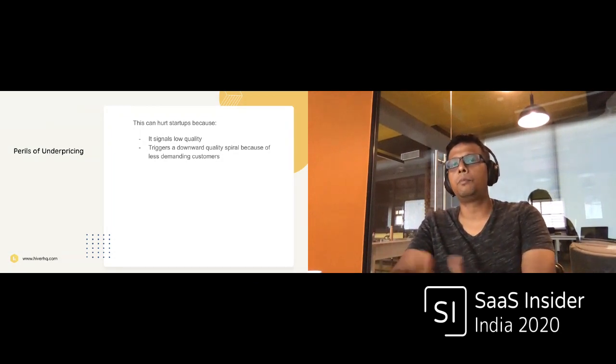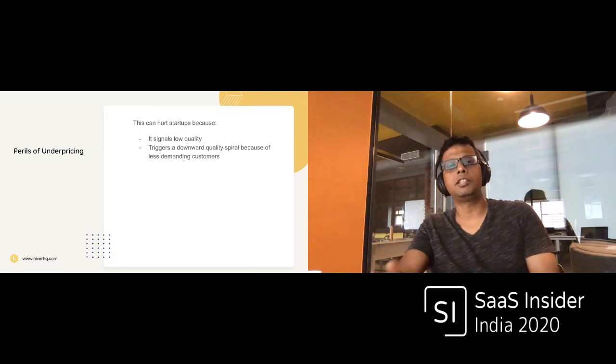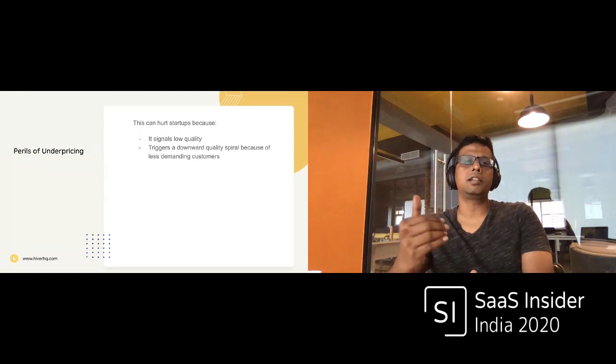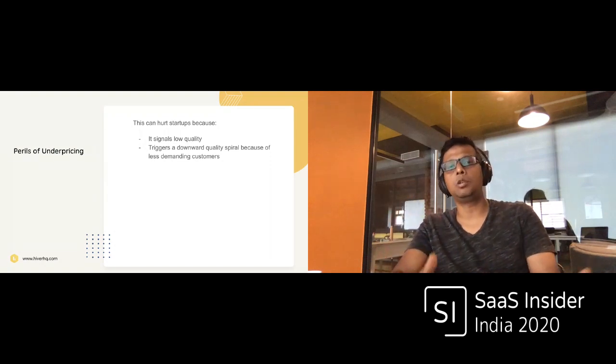Now, this is extremely important because of the context. If you are a new product which has just launched, if you are a product that is not very high on features, combine that with the fact that you might be trying to sell to companies in the US, being in India, right? If you combine all of that with a low price, you are kind of shouting out that I have a low quality product,